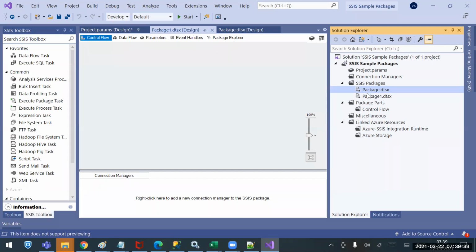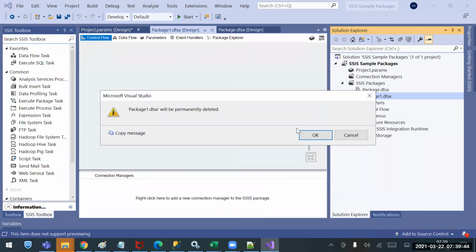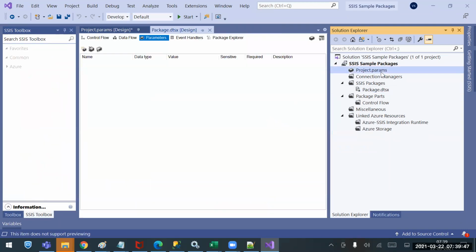Going forward, we'll create a number of packages, and you will be able to understand. I'll go and remove it. The parameters we create will have the extension dot params. What do we save in parameters? Generally file paths, SQL Server names, user names, passwords, file names and extensions, and client file paths. All this kind of information will be stored in different